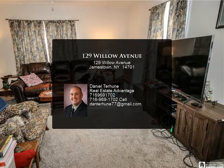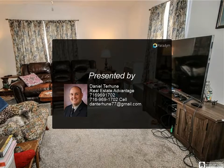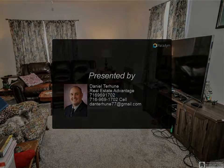Jamestown Awning has the new awning that goes on the back patio that they put up in May and take it down in October. The bill for that is